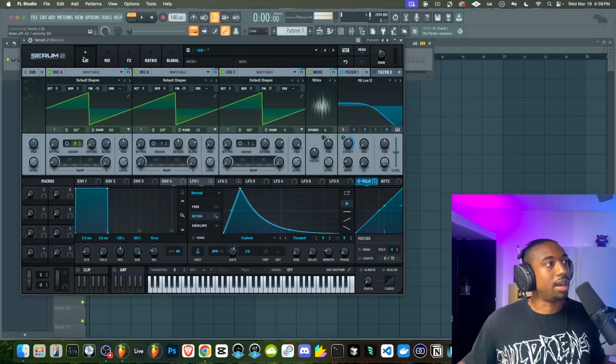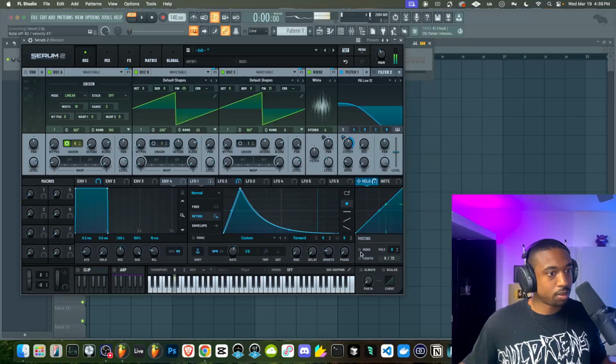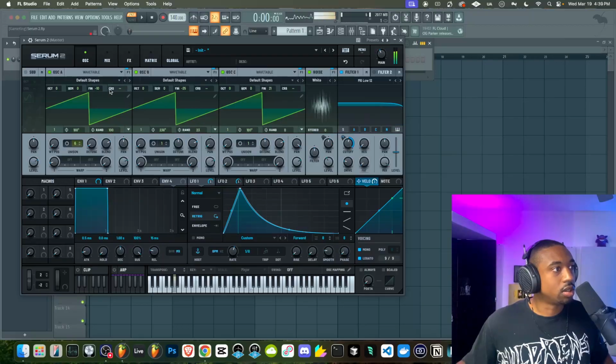So we have a very wide sound. I'm going to go back to the unison and pull in the width here. Let's do monophonic mode. And also we could try doing a semitone for the fifth.